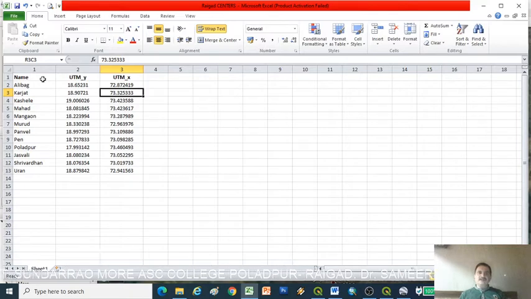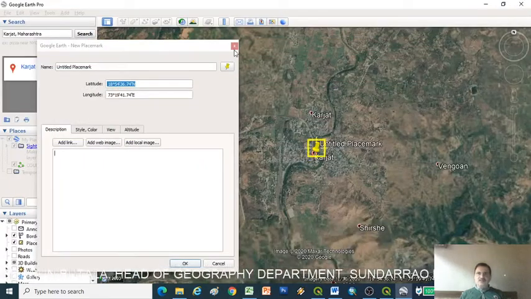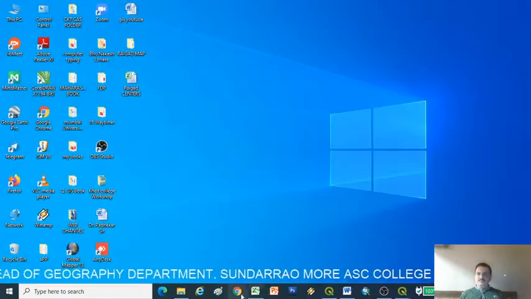In this way I want to add these places. These are my research points which I want to add in the QGIS software. Okay, I just close this Google Earth.